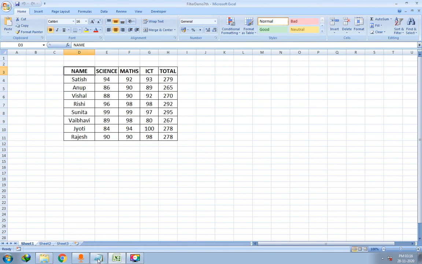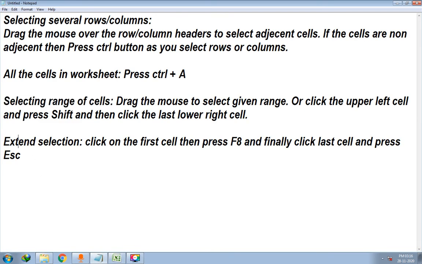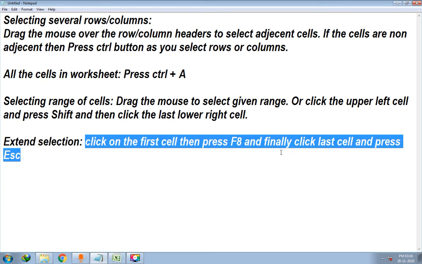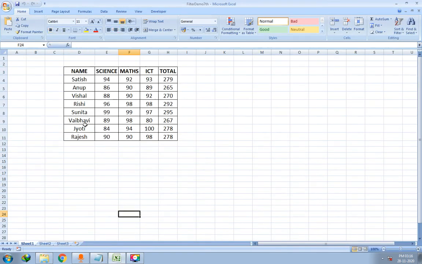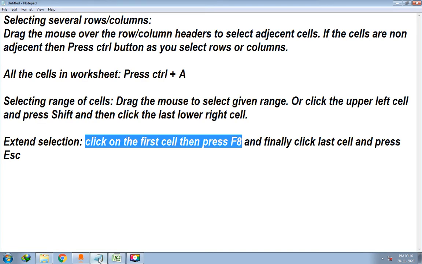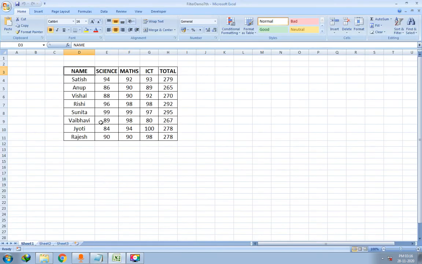Fine. Now what does it mean by extend selection? In order to extend selection, click the first cell and then press F8. So this is my first cell for my data. Now I have to press the F8 button, function 8. The F8 button is on the upper row of the keyboard, the function keys.